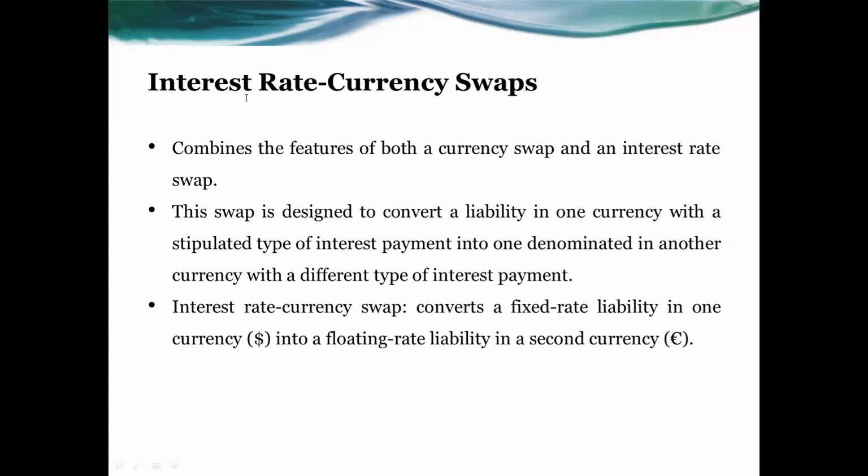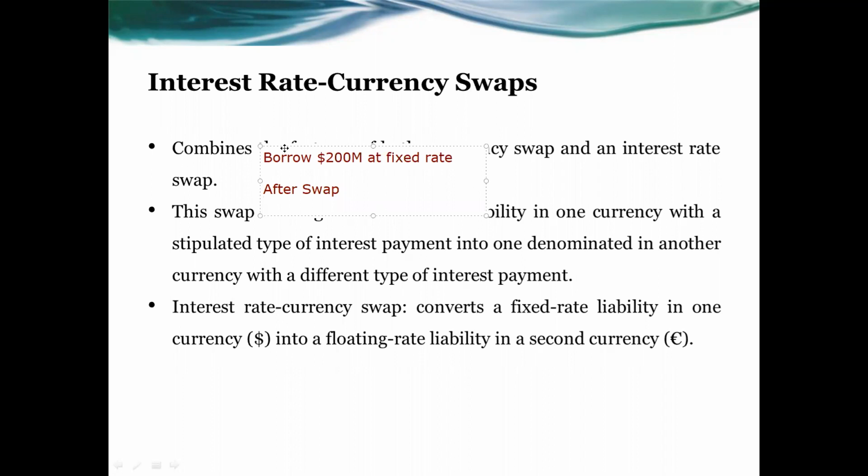Now, for an example, if I take it like this, now you borrow dollars, we say 200 million, at a fixed rate. After the swap transaction, that means after the interest rate currency swap, what you are doing is you pay